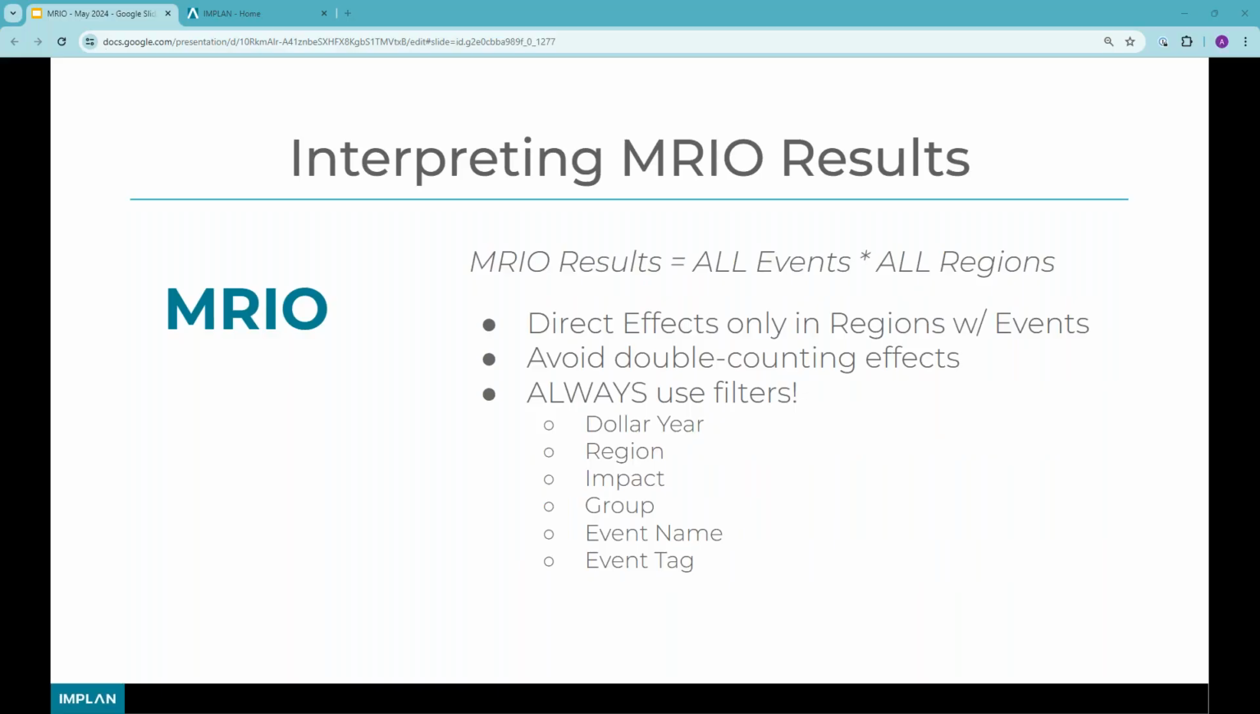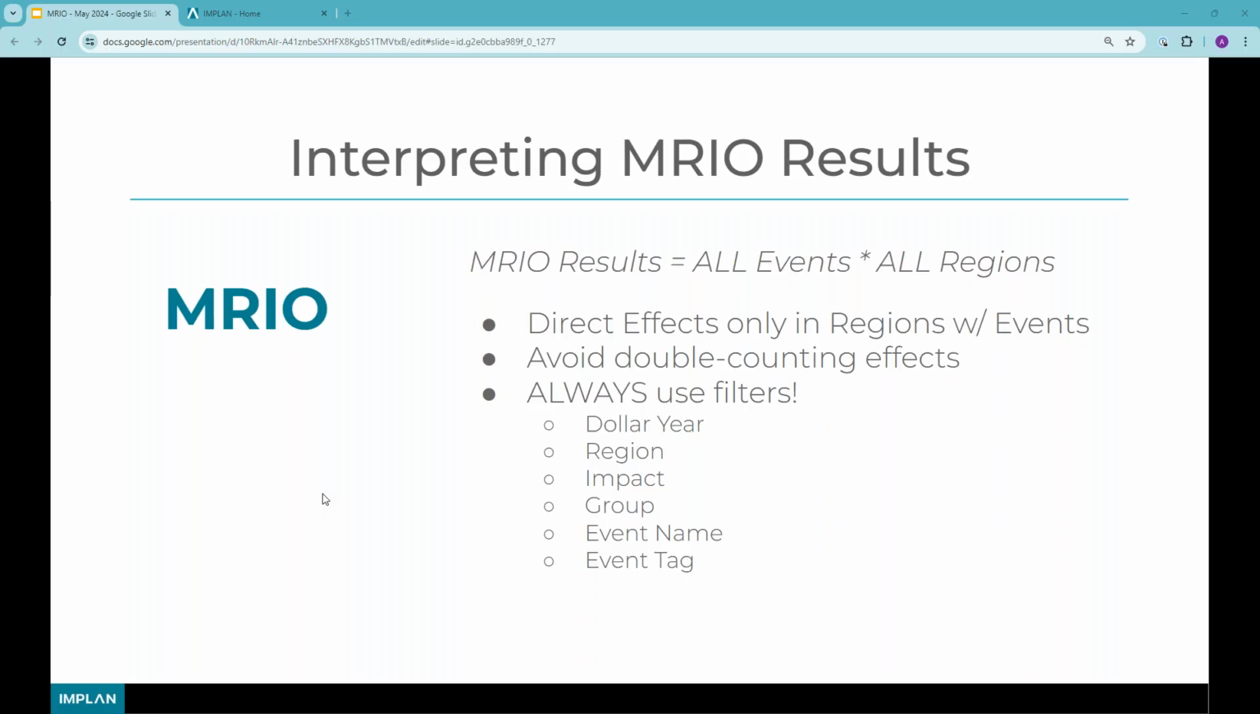And lastly, interpreting results. When you're doing an MRIO analysis, when you get to the summary page of your results, they are going to be the cumulative effects of all events and all regions. You're only going to have direct effects in the regions where you had events. To separate out the effects from the different events or from the different regions, you're going to have to use